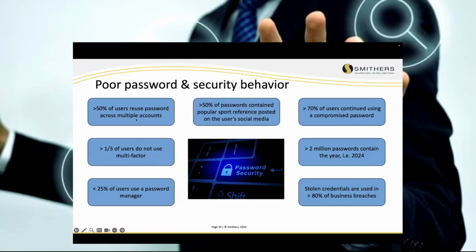Like I talked about, I'll just pick on myself. If I'm using robert.mcvay@gmail.com, password 123, and I use that for one or two systems, if it ever gets breached, the hackers will turn around and say, Robert McVay works at Smithers. Let's try robert.mcvay@smithers.com and let's try password 123. Guess what? About 80% of the time, it's going to work, because 70% of us continue to reuse a compromised password, and 50% of us use at least the same password on multiple systems.